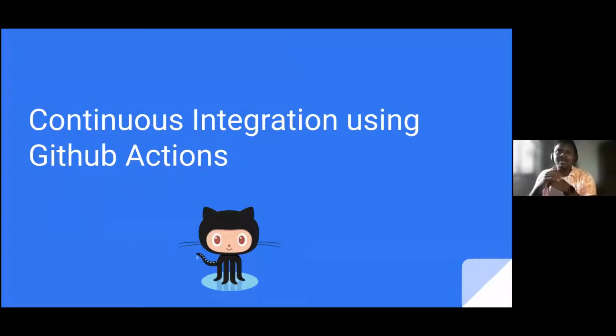GitHub Actions. So in the software development lifecycle, it's becoming a norm to build systems that are deployed on the go. As you build, you deploy. There's no longer a scenario where you build and wait for, say, a release day where you pile up all your changes and then wait for a singular release moment. What we have today is a situation where as you build your code, it's being tested, it's being deployed immediately